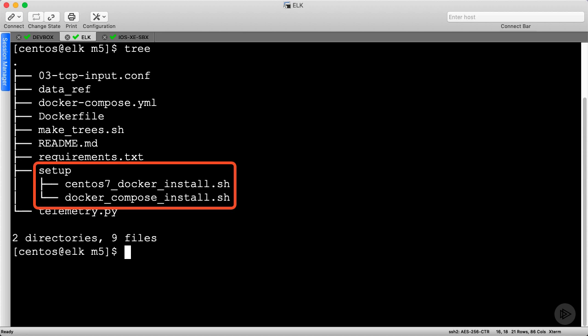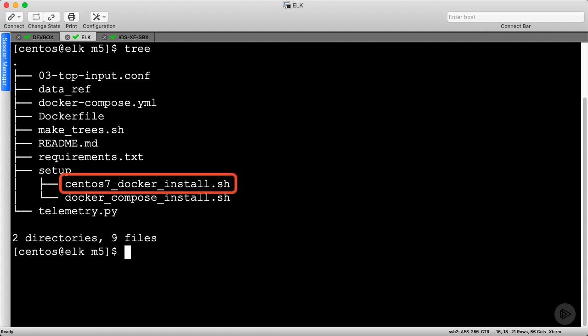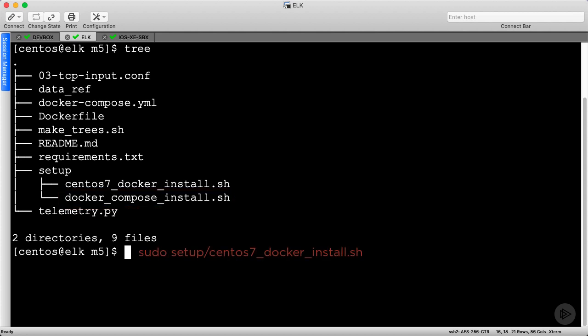We've explored both scripts in detail during a previous course where I introduced Docker. We need them again for this course, but we won't scrub them. The CentOS Docker install script does exactly what you would expect. It removes any existing Docker packages and performs a fresh install. The Docker Compose install script adds Docker Compose, a handy tool for orchestrating container setup and teardown on a single host. Let's run the CentOS Docker install script as root to get started.